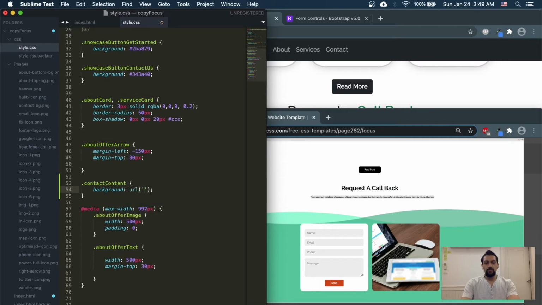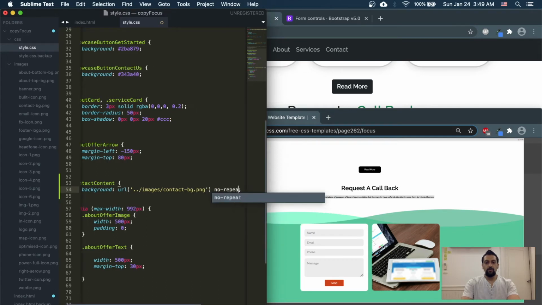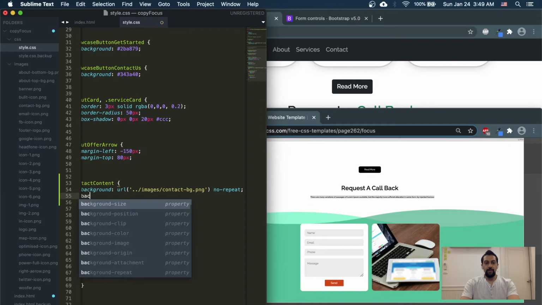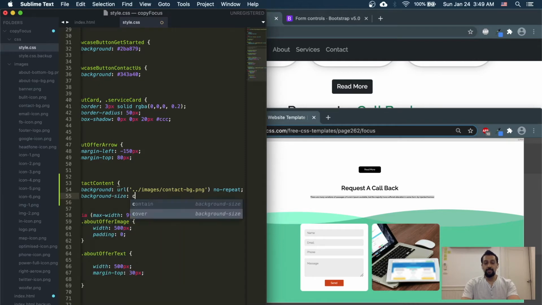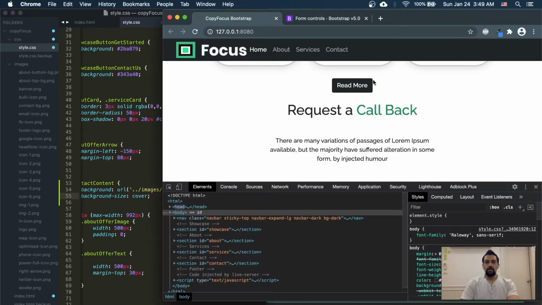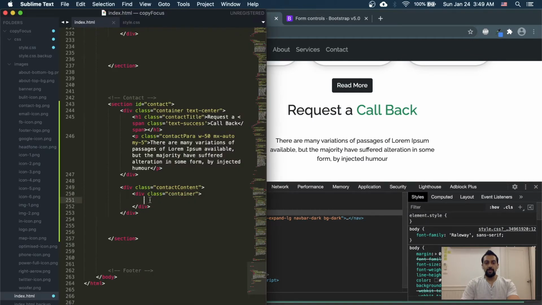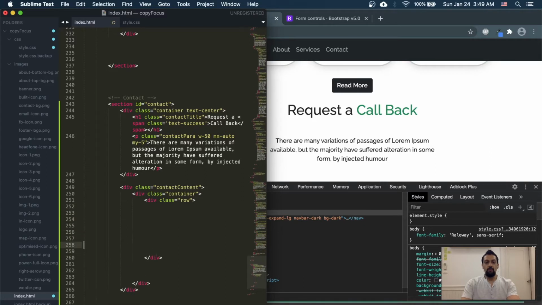URL คือ ../images/ it'll be the contact bg.png และ no repeat และข้างล่าง background cover or background size คือ cover และตอนนี้จะไม่เห็นเพราะว่าไม่มีเขียนอะไรข้างใน div นี้ และครั้งที่เด็กเรารู้ว่าเราอยากใช้ grid so ครั้งที่เด็กผมจะเขียนว่า row และข้างใน row มี 2 ตัว มีตัวที่เด็ก div col